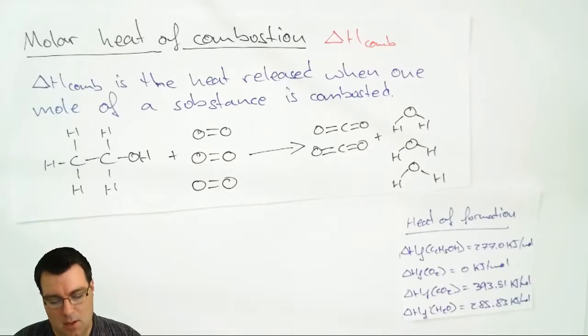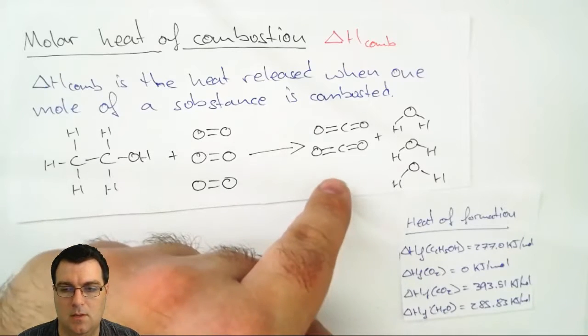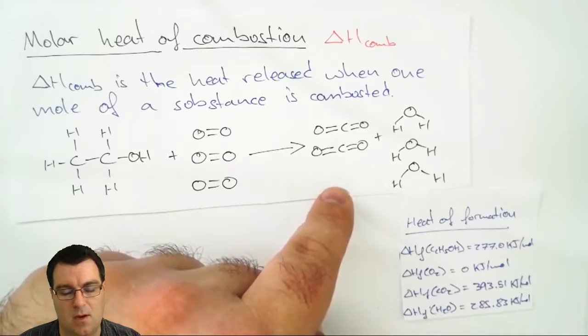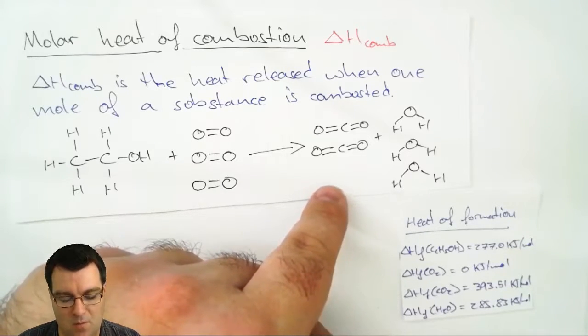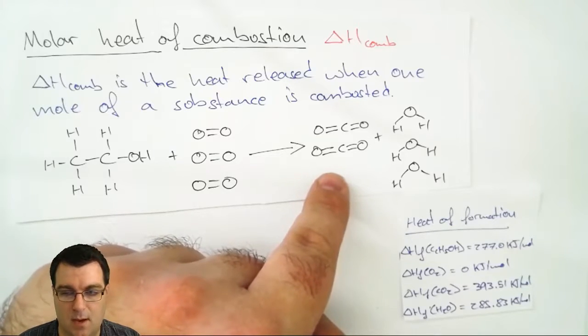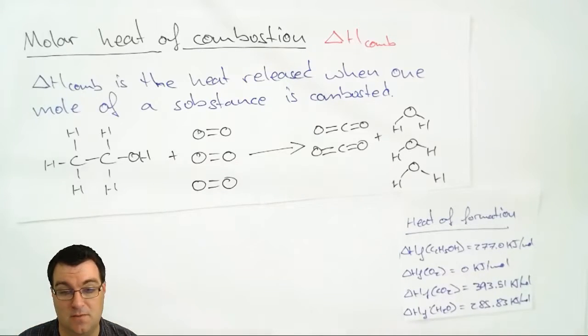Now, likewise, carbon dioxide requires 393.51 for the double bonds between carbon and oxygen to form from the pure elements, and water, for each of the 2 oxygen-hydrogen bonds within that, requires